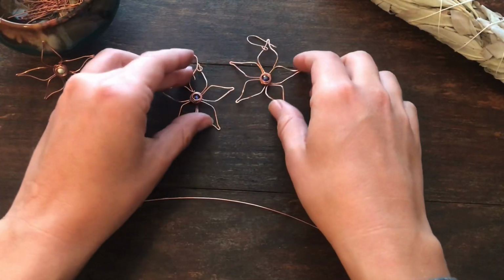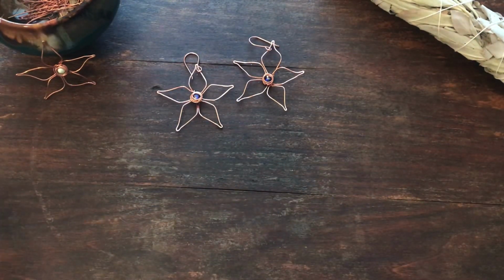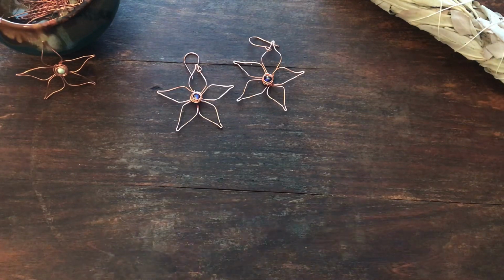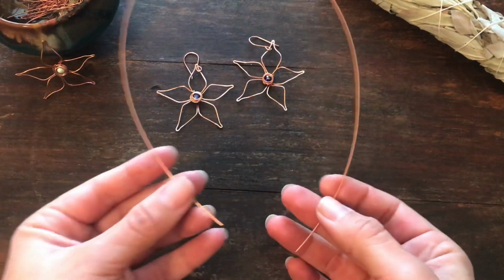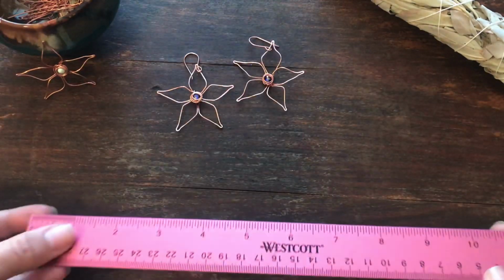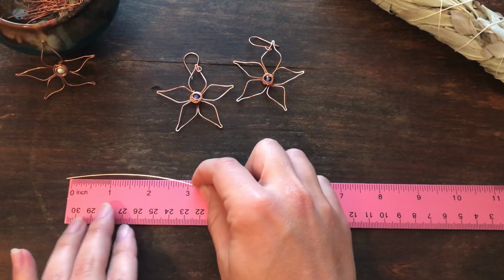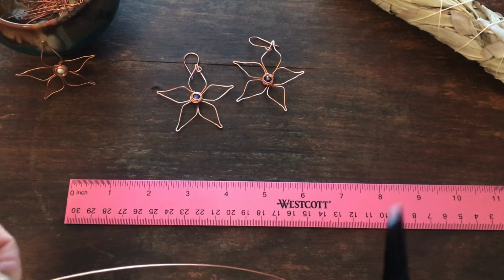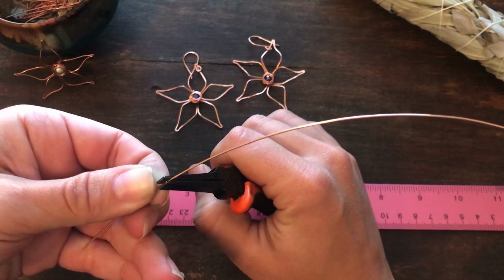So I'm going to show you how to make this flower shape with one piece of wire first, and then I'm going to show you the trick on how to make a pair of earrings that are the same size. So we're starting with 20 gauge wire. I've cut about 16 inches of the wire. And we are going to start, let's say, 2 inches from the left side of the wire. I use a pair of flat nose pliers for this next part. You're just going to grip the wire, that 2-inch mark,